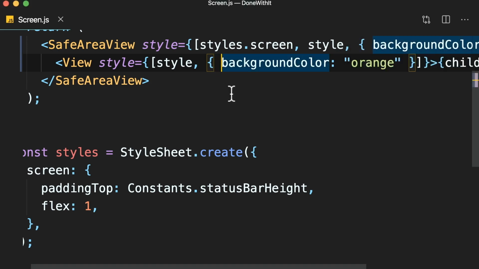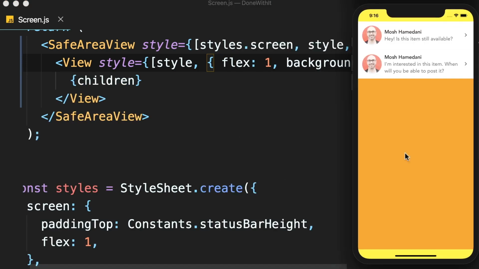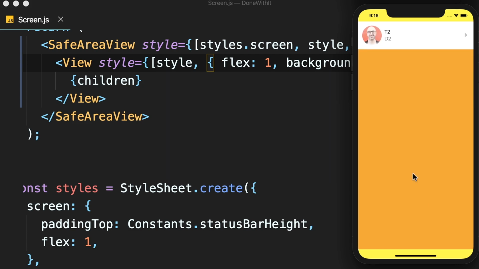Now, what if we set flex to 1? Take a look. Now our view has grown to take all the available free space. So when I pull this down, we don't have that cutoff. Okay? So to solve this problem,